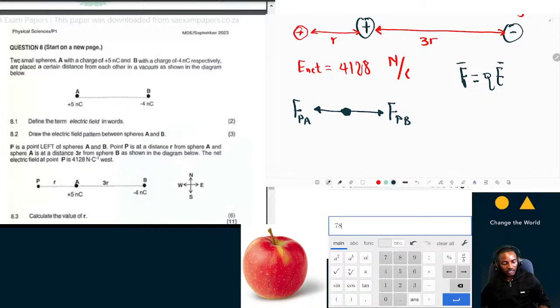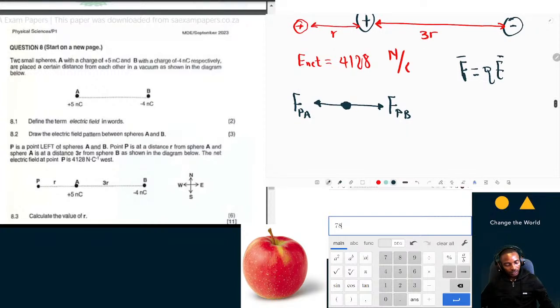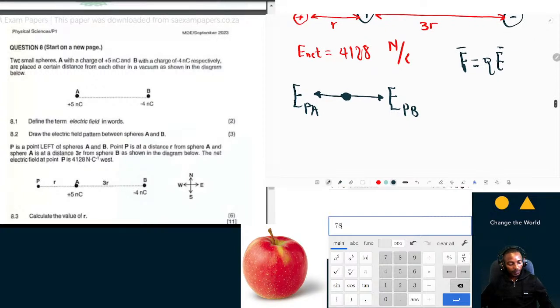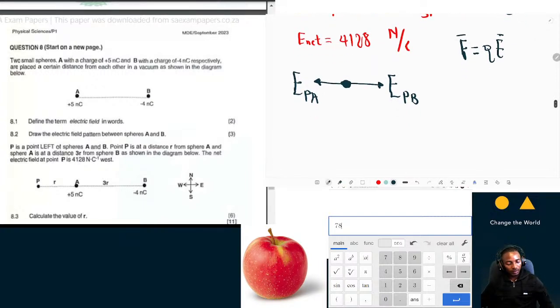Therefore, if the force is in that direction, the electric field is also in that direction. So now I can replace this force by E, because the direction is the same. This will be E PA, then this will be E PB. But what is EPA and what is EPB? Then EPA plus EPB is equal to